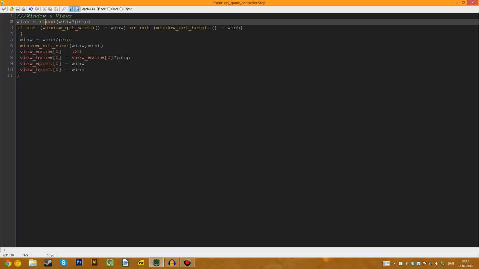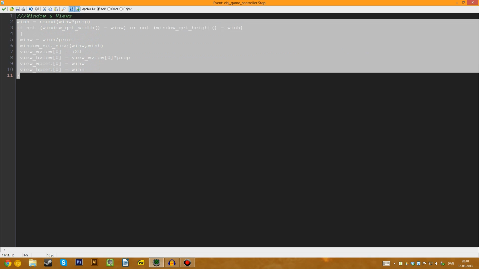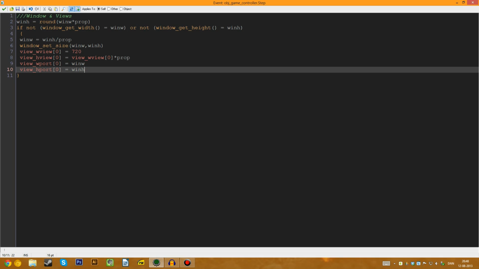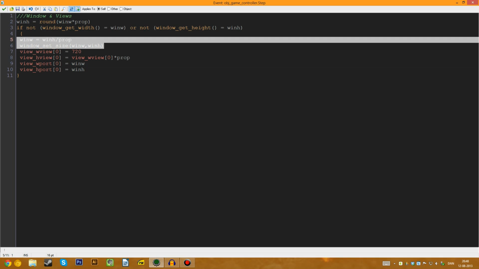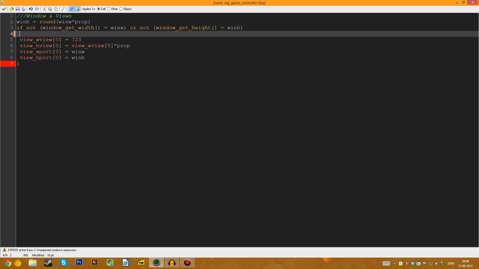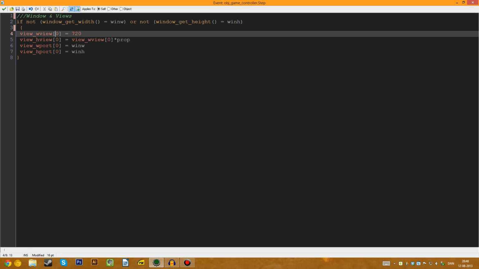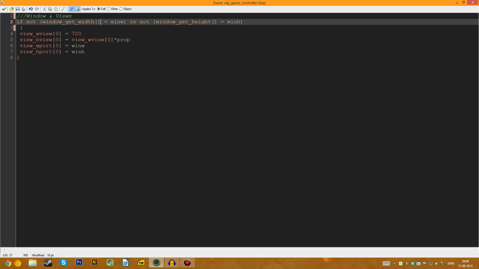So what we need to do is remove this from in here, except the view thing, and then the other part we will need to do in another place whenever we change the view. So we will not do this either. So if window get width is not